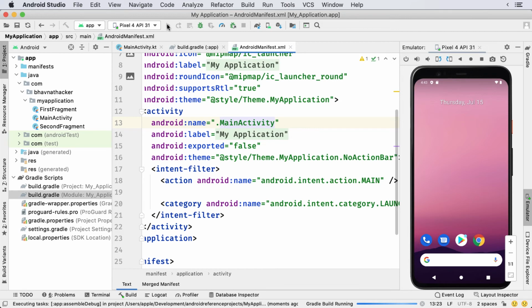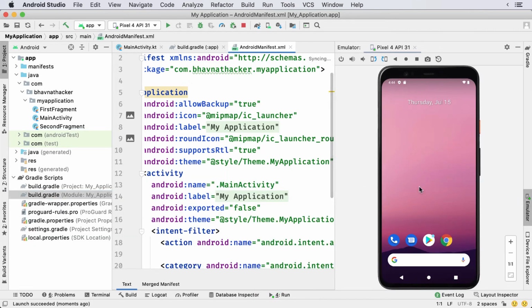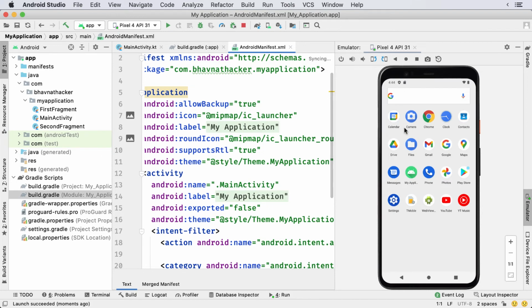Run the app again. It shows launch succeeded, but you don't see the activity being launched. Click on your application and it says app is not installed. What is wrong?